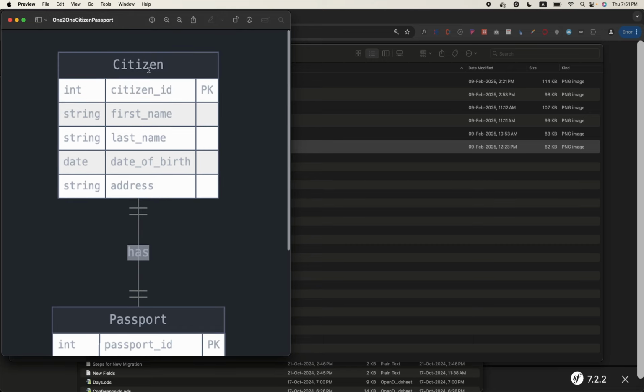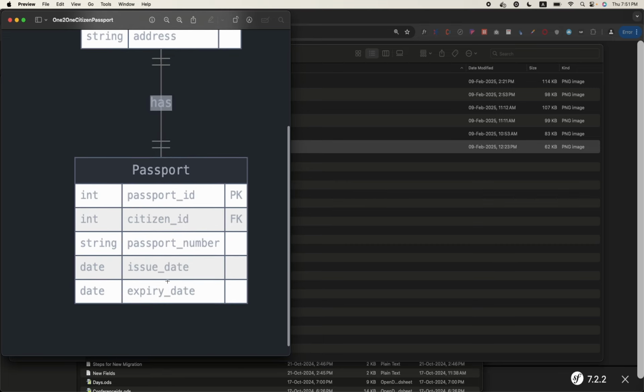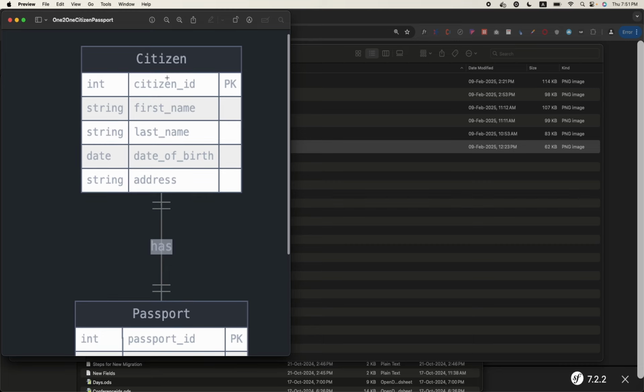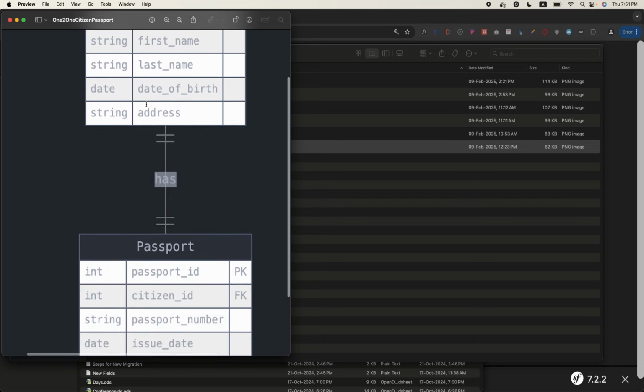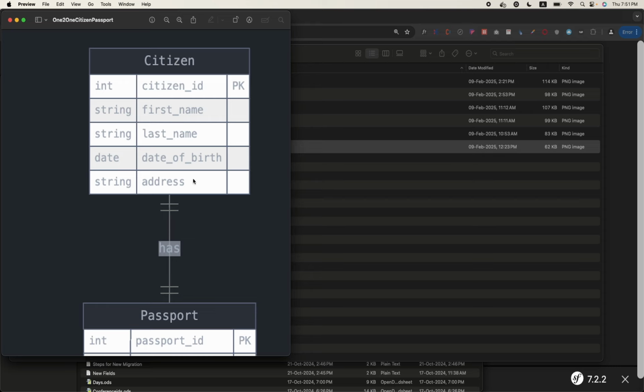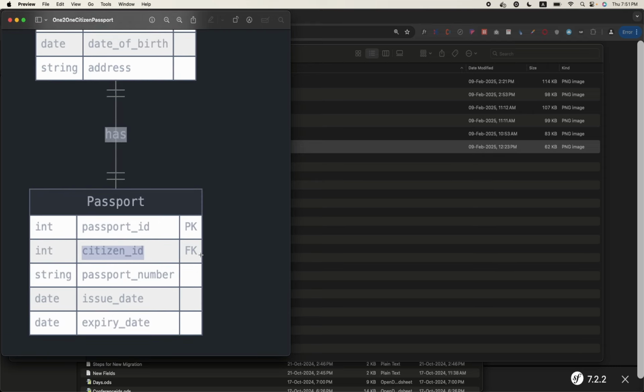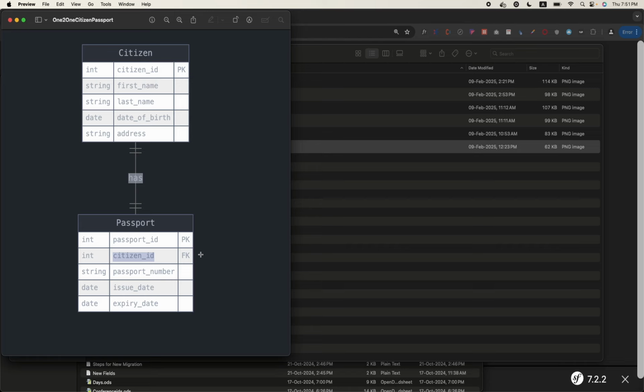This is the citizen table: first name, last name, date of birth, address, and this is the passport table. Both are one to one, but one citizen belongs to one passport and one passport belongs to one citizen. But the foreign key is citizen ID, which is inside the passport table, right? So now we will do it in Doctrine or in Symfony, we can say, because Symfony